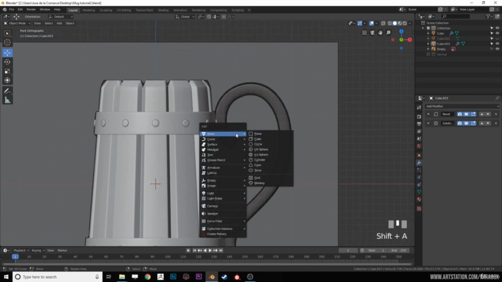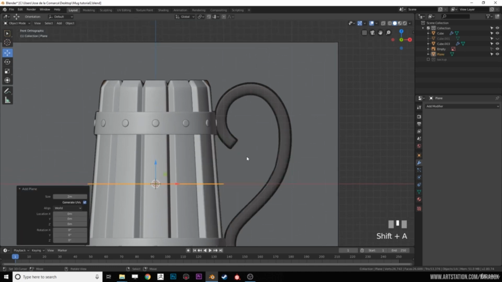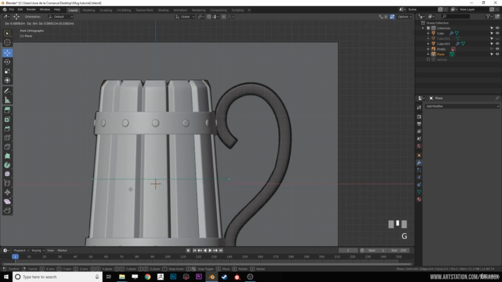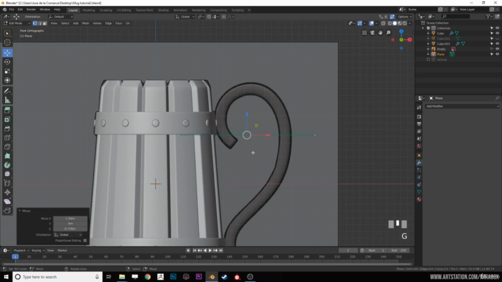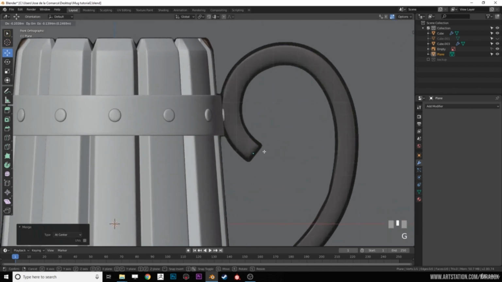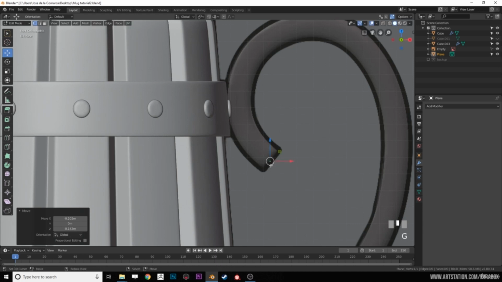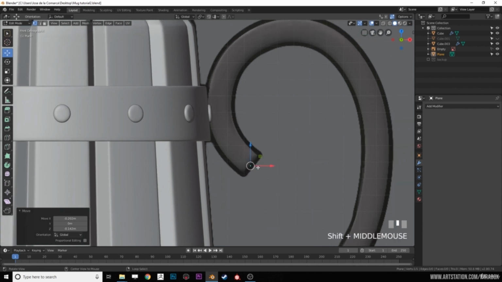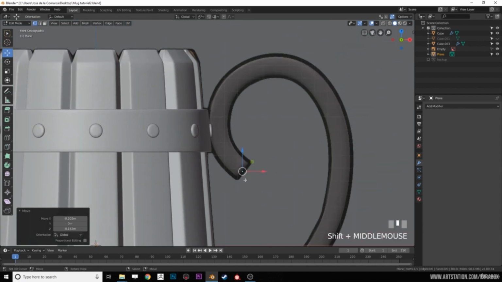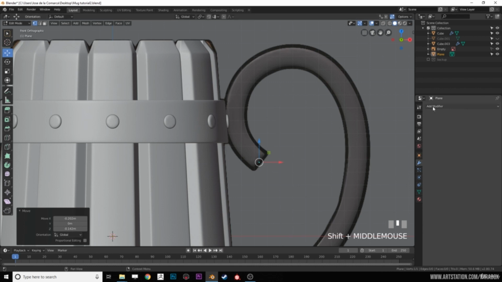And for that, we're going to add an object. It can be a plane or a cube. Enter edit mode, and I'm going to press Alt M, Merge at Center. This is with the idea to have an individual vertex. Sadly, Blender doesn't have the option to create a single vertex, so we have to do this in order to have one. And here I'm going to start extruding,